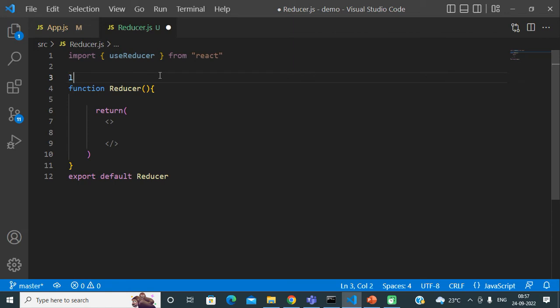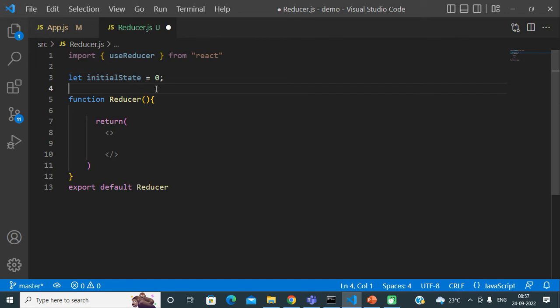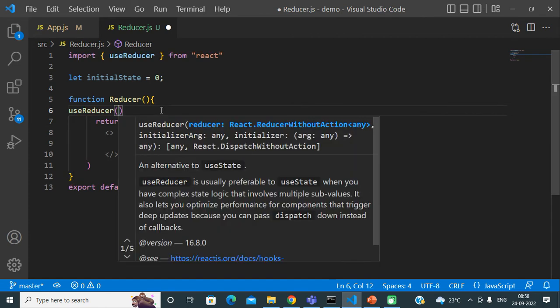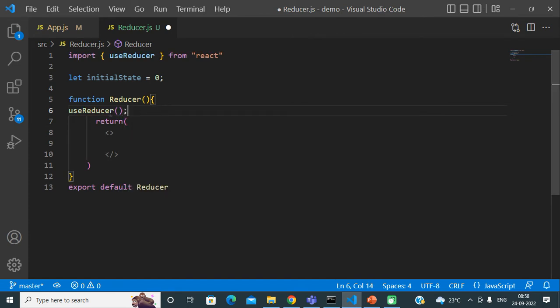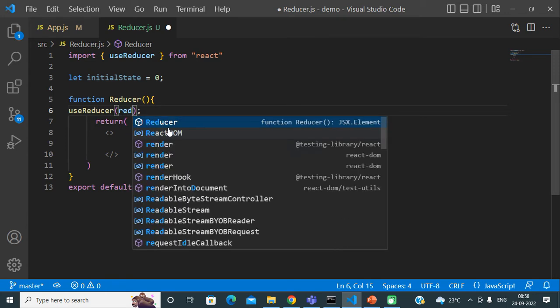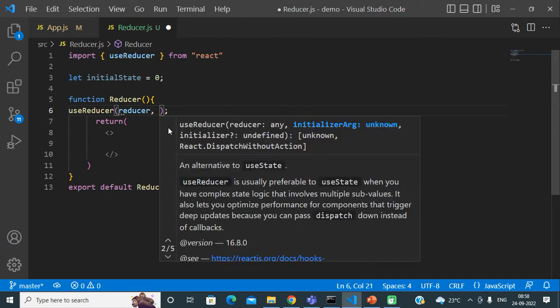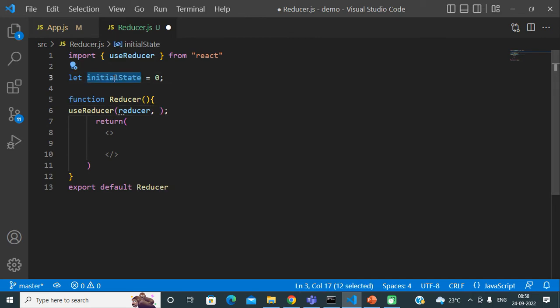So let's say I am just declaring my initial state, and our initial state will be just a normal 0. Just a normal variable. After that, the second step is to call the useReducer hook and pass two arguments, one is the reducer and another one is the initial state.